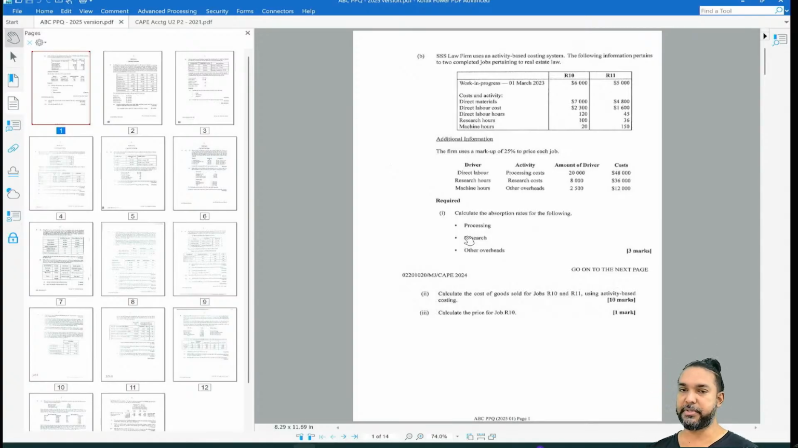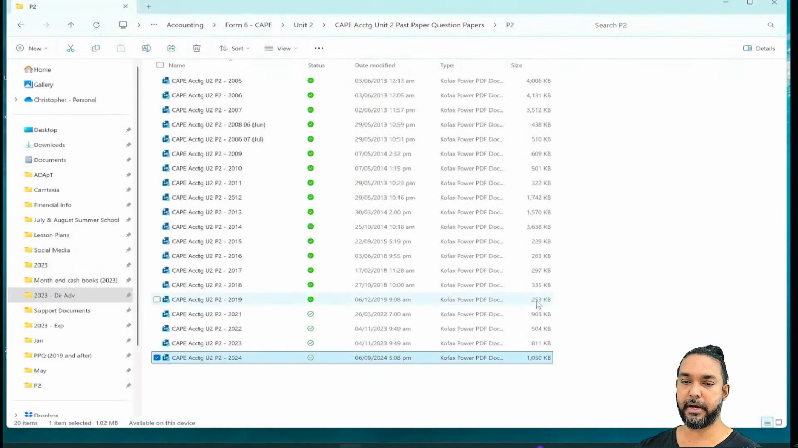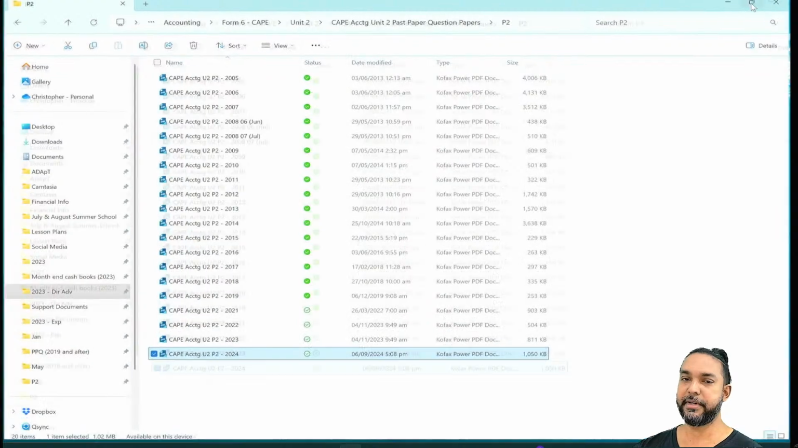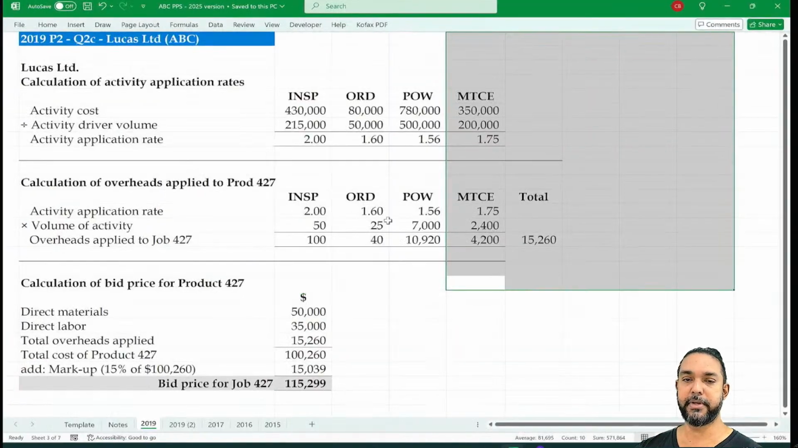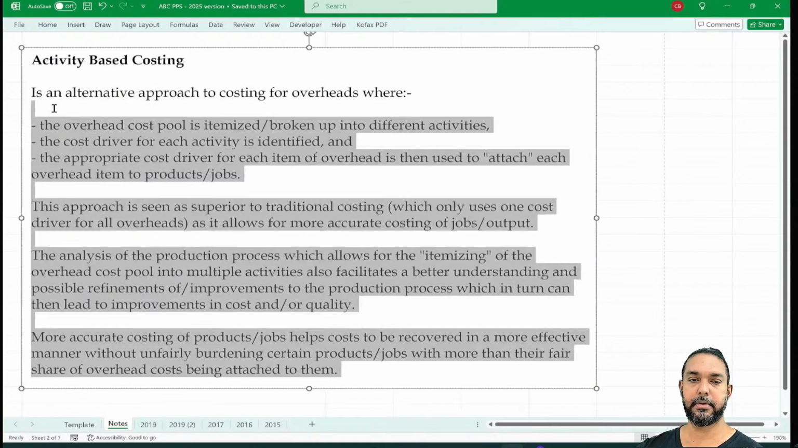Right. Yeah. So like I was saying, last week we took a look at job costing. This week we're taking a look at its upgrade or the improvement on it, which is something called activity-based costing. All right. So